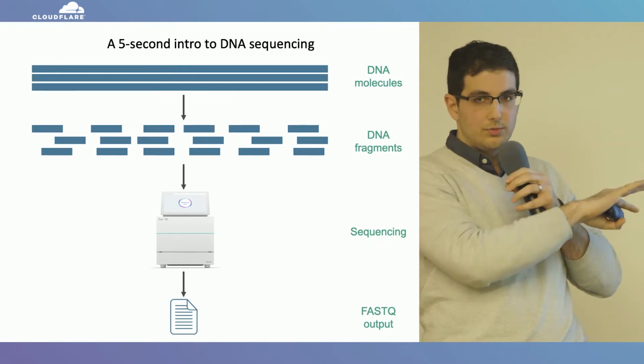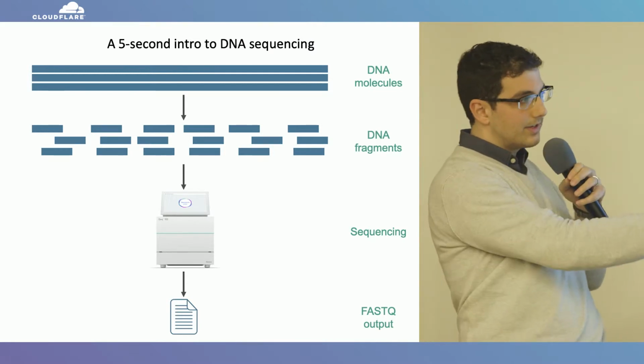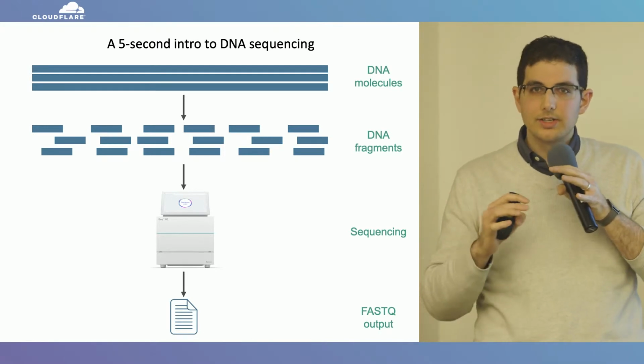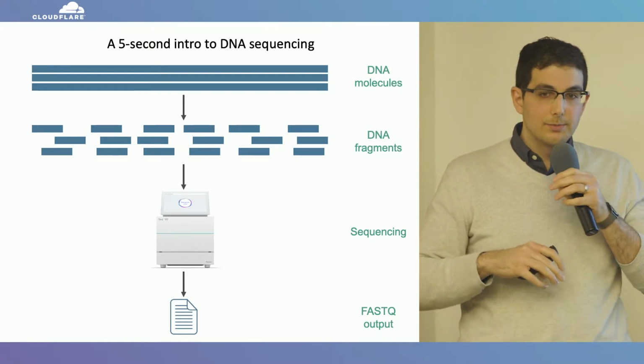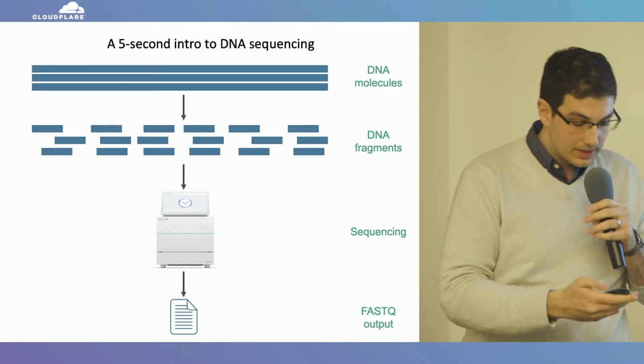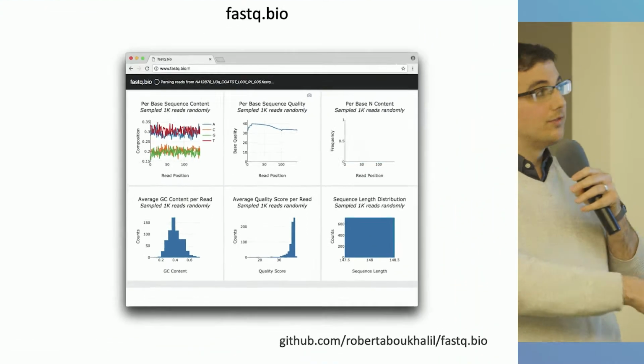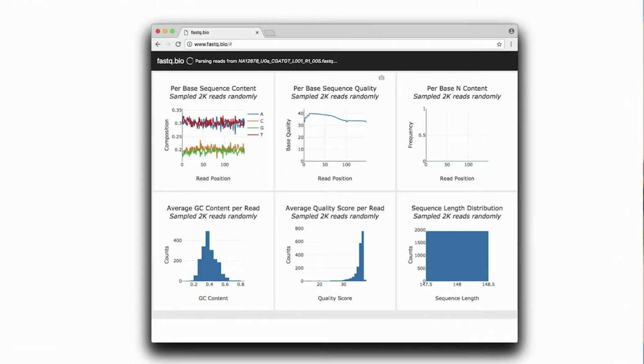And what this fastq.bio tool does is it takes this fastq output and does some number crunching. It tells you, here's the quality of this file. It gives you a bunch of interactive graphs. So you would go into the website, you drag and drop a fastq file. It would interactively sample through the file and calculate metrics and allow you to interact with these graphs. And the way we had written it was just in JavaScript. Although there are half a dozen command line tools that do the exact same thing, we had to rewrite it in JavaScript, which was